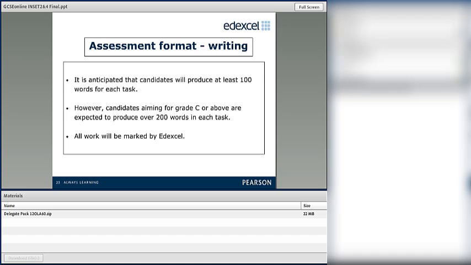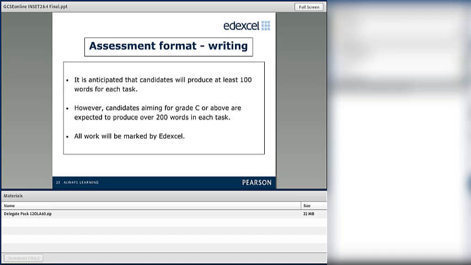Word count. Each task should be at least 100 words. However, those candidates aiming for a grade C should write at least 200 words. There isn't an upper limit, but the more they write, the more mistakes they make, or go off the boil.